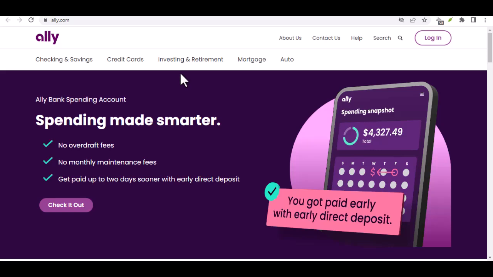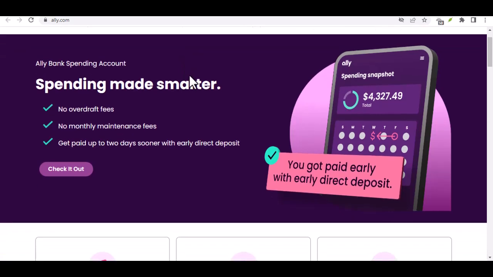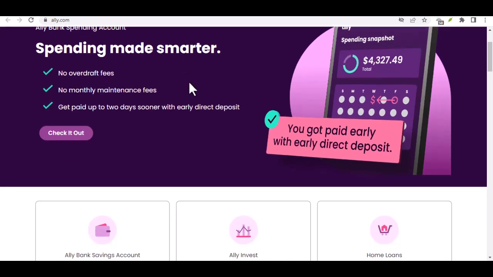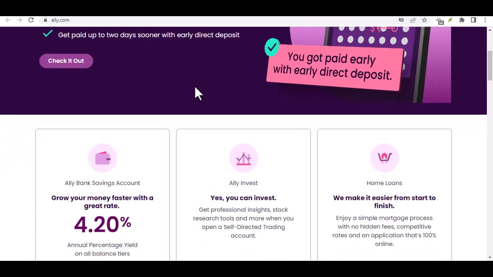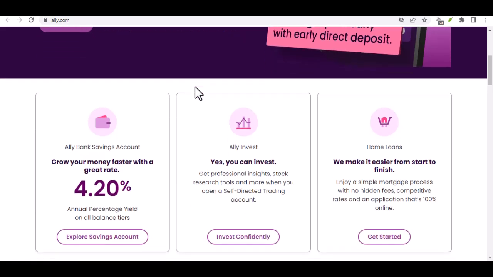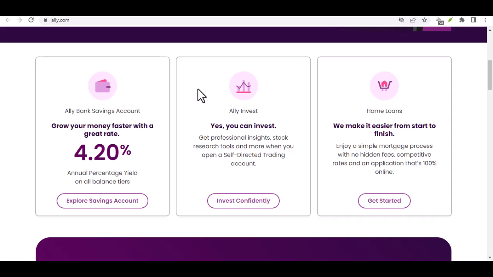Worried about keeping up with your online banking? Are you tired of complicated logins or struggling to remember how to access your money on different devices? You're not alone. Navigating bank portals and mobile apps can sometimes be a hassle. But with Ally Bank, logging into your accounts is straightforward, whether you're at your desktop or on the go with